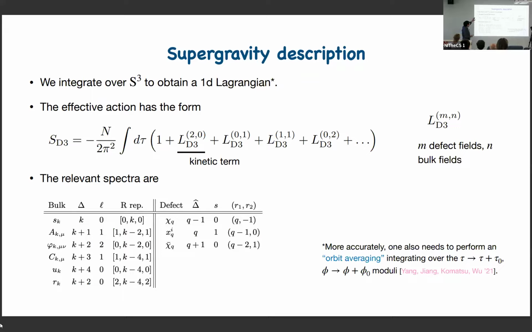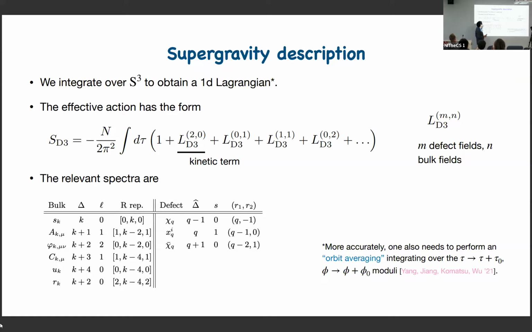More precisely, not only do we need to integrate over S3, we also need to integrate over the moduli of the solution, because I can get a new solution from the previous one by shifting tau and phi. So in order to get the right answer, you also need to do this sort of orbit averaging. And once you do that, and then you expand in the fluctuations, you are going to get the following effective action